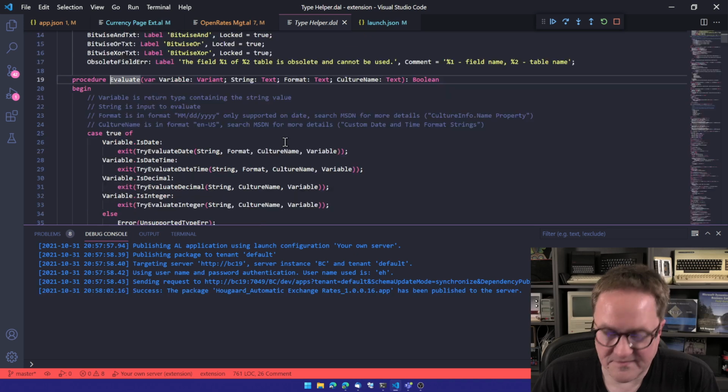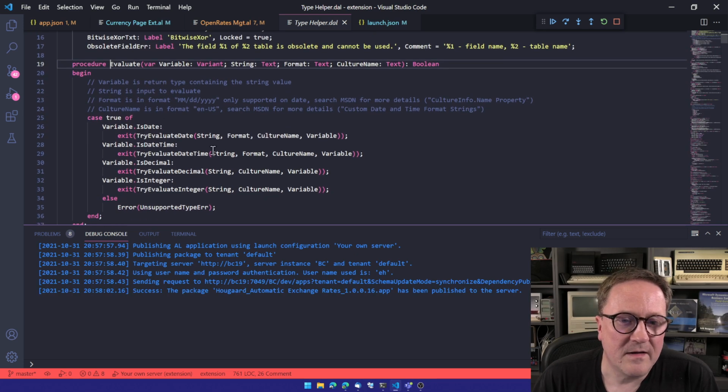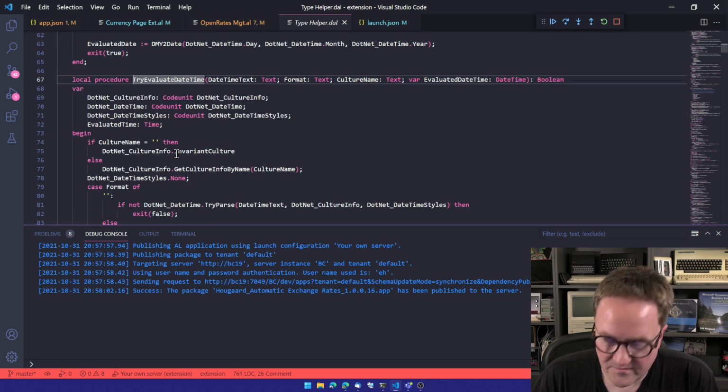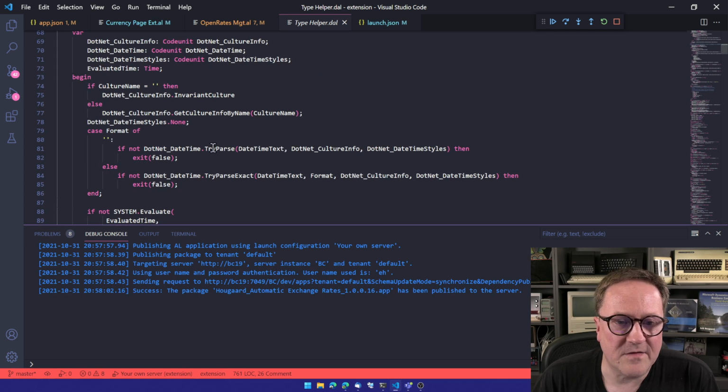This is just passed into that one, so we see that there's a format and we have a try evaluate here, and there's still a format, and at some point this is passed into